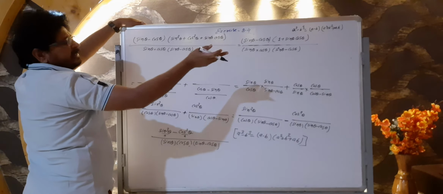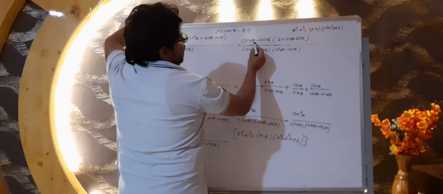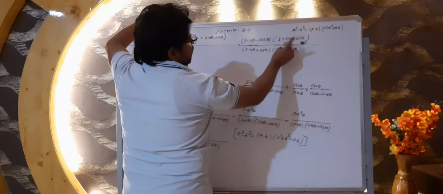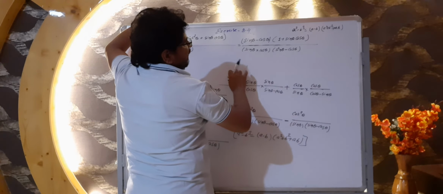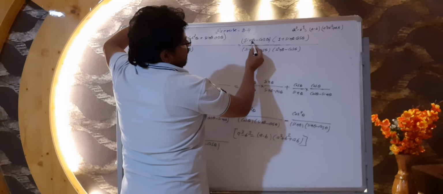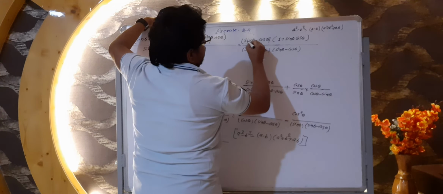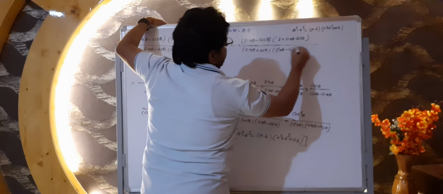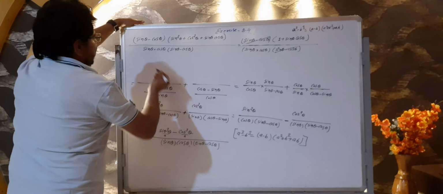What is given in the RHS side? As per that, what would be our next step? See here. Look, sin theta minus cos theta, multiplication, both the terms are separate. Here also both the terms are separate. In between is a multiplication symbol, so we can cancel any common term. Yes, this same: sin theta minus cos theta, sin theta minus cos theta. Both terms cancelled. Now what we got?